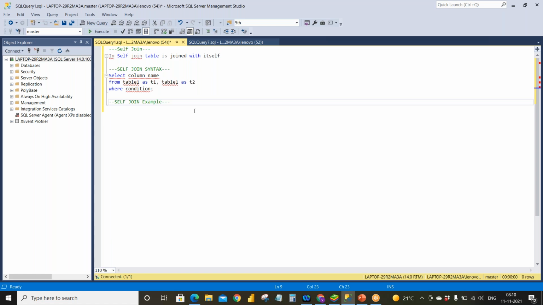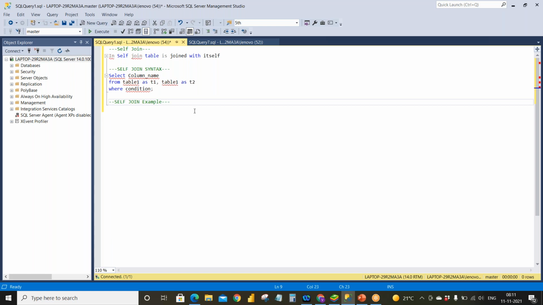So in the customers table, suppose you take that as an example, I want to know which customers belong to the same city. From the same table only I can take the data, because customer ID is there in the same table, as well as city.